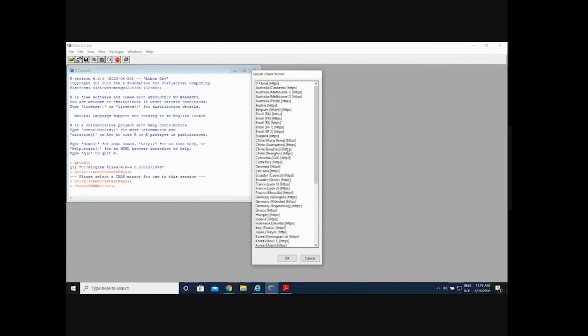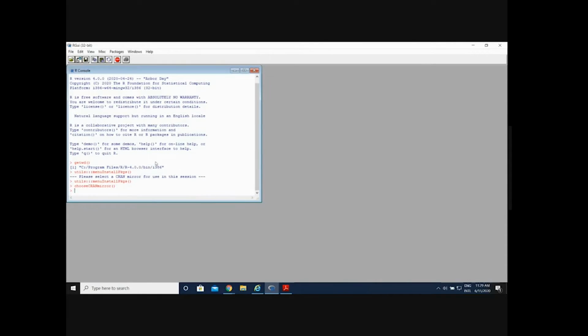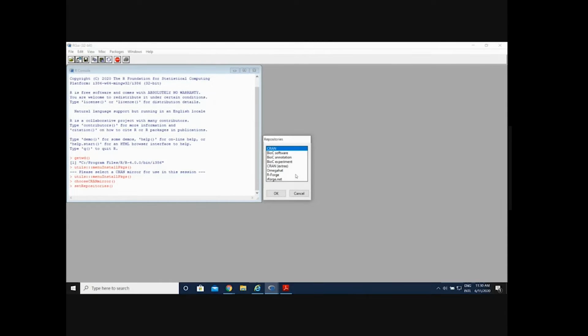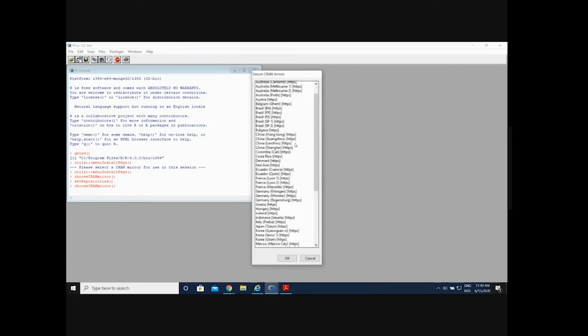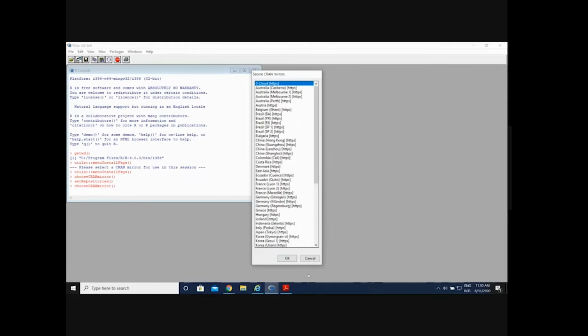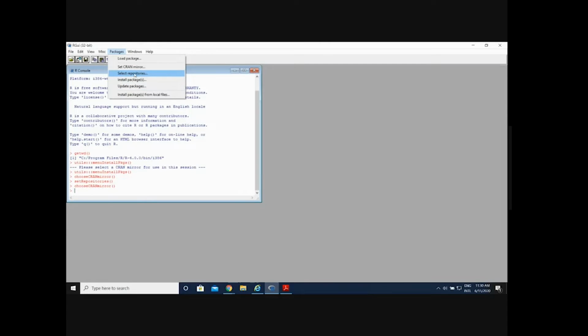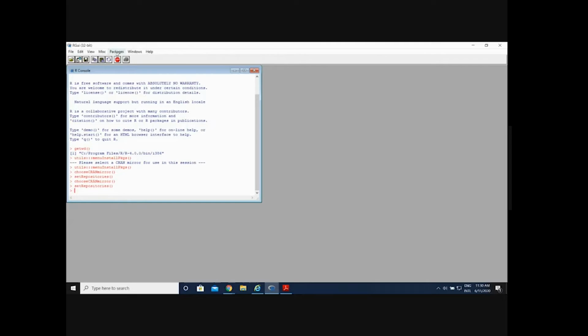So don't worry about this. All these packages are distributed across and kept in so many servers. By default, I am taking CRAN mirror 0 because that is a good one, where most of the time I can download my packages. Either you can set or select the repositories. Now if you see, in the repositories you have so many: BIOC, CRAN, RForge. RForge is by default from R only. But normally as a programmer, we will set CRAN as our repository, because if I take RForge, then I have to select a different mirror. The mirror also might change. So it is up to you. What we will do is set my repository to CRAN, and my package to